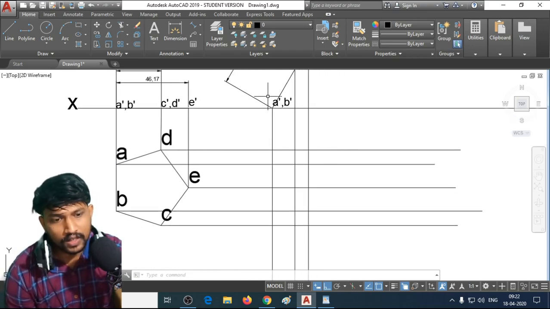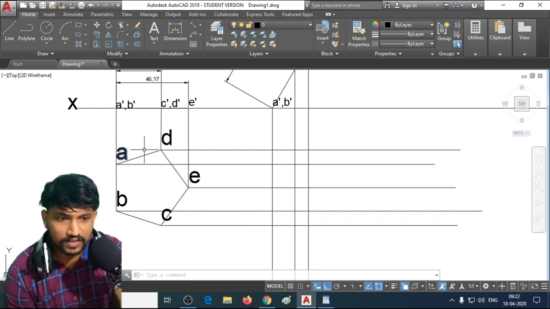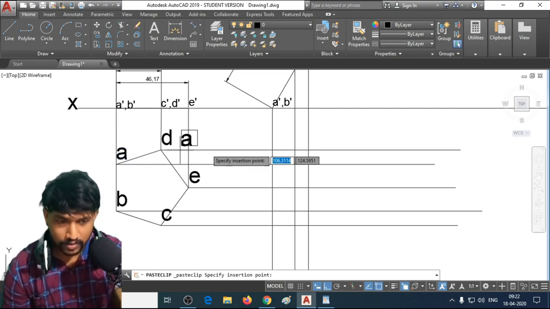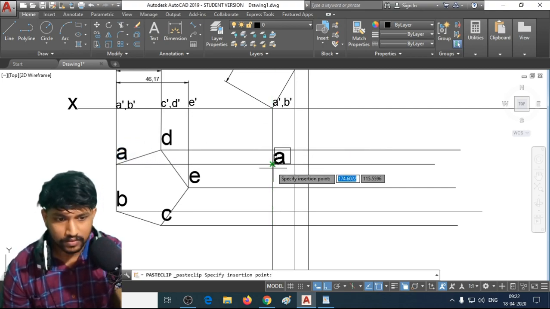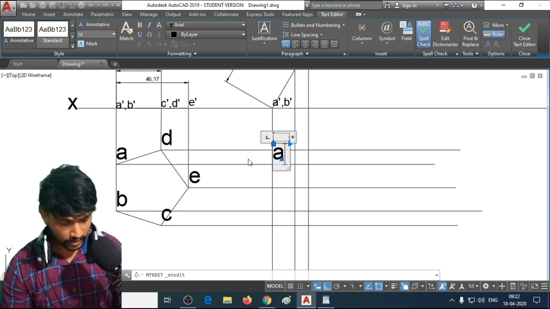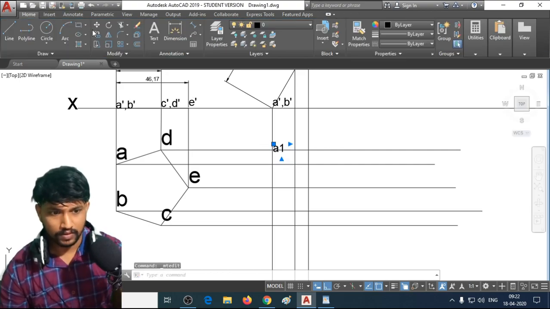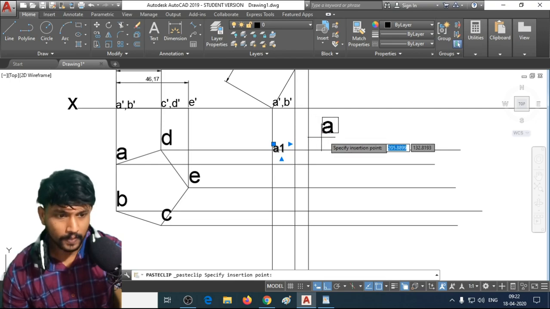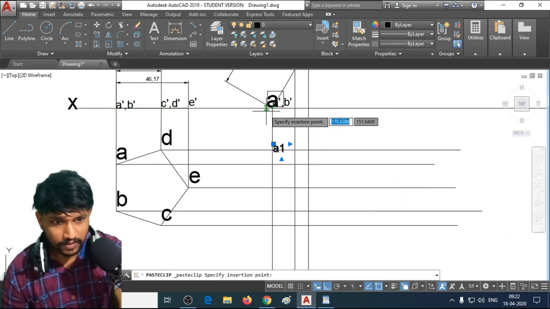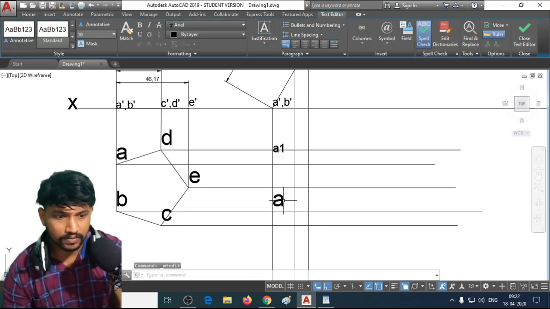Now the A dash and B dash projections have to be drawn on this one. Wherever this A and A dash projection lines meet, at this location we will name it as A1. We just have to simply leave it as A1. Wherever this A dash B dash projection line and the B projection line meet, I'm going to name it